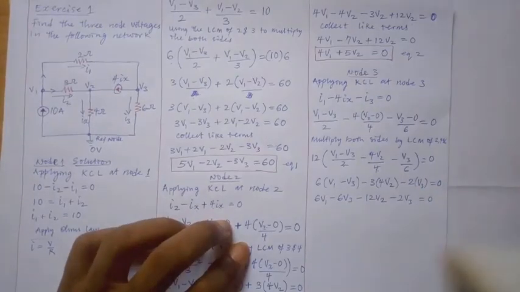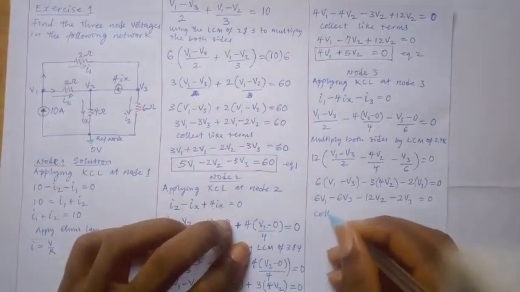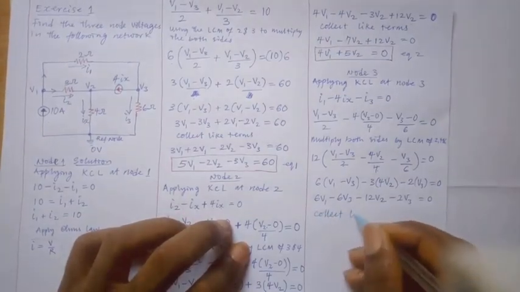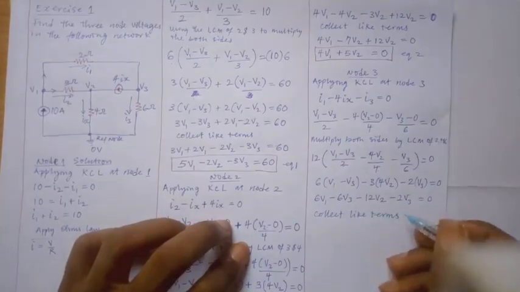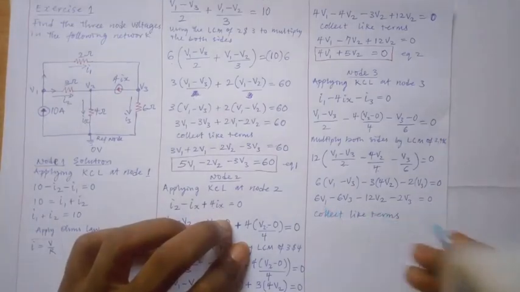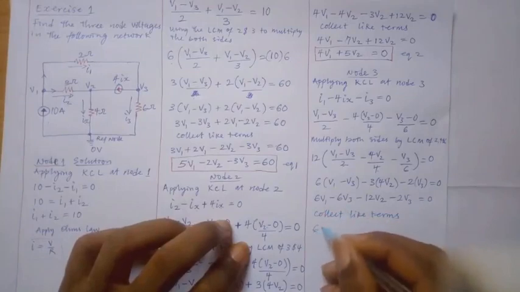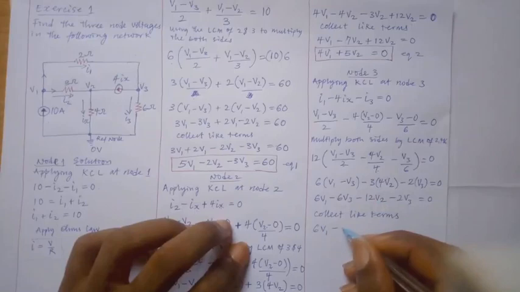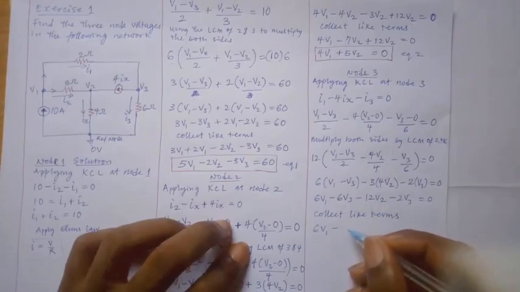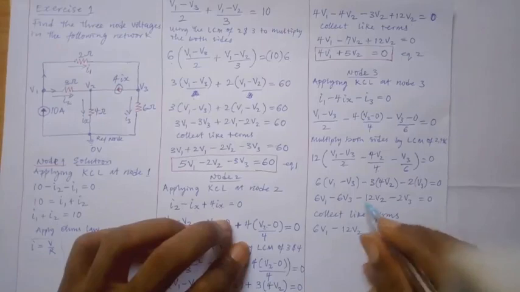What are we going to do here? Let's collect the like terms. Collect like terms. Now, what's common there? We have 6V1 minus 12. Is it 12? Yes, minus 12V2. What again? We have